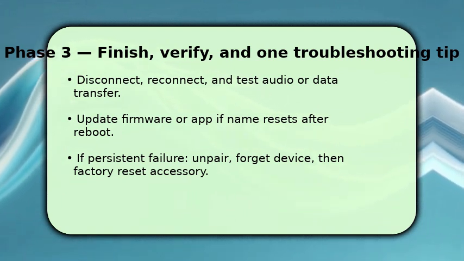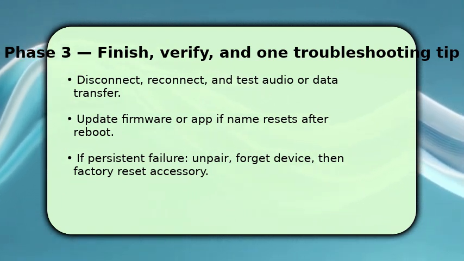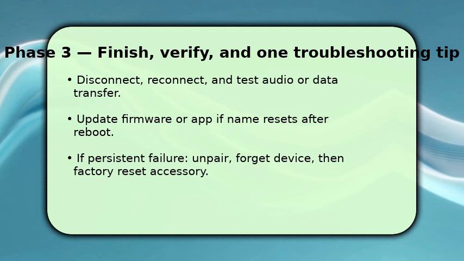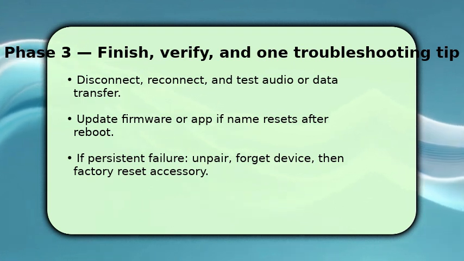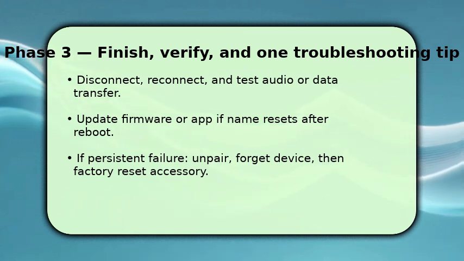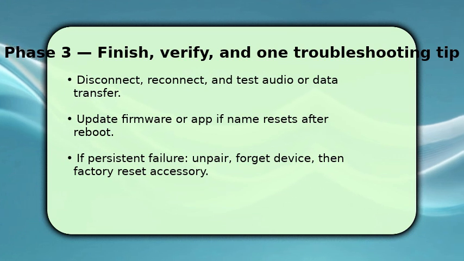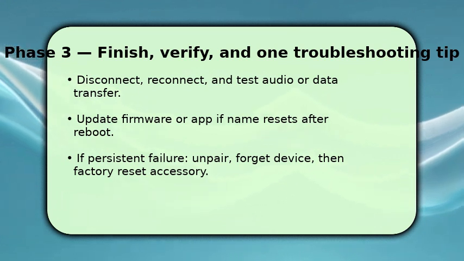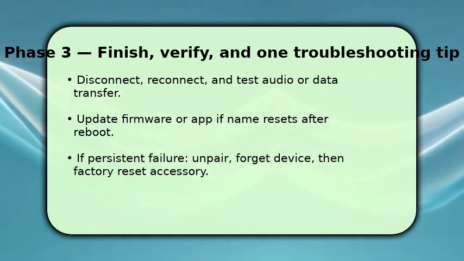If the name doesn't persist, check for firmware or app updates and then remove or forget the device from Bluetooth settings before pairing again. As a key troubleshooting tip, if renaming still fails, perform a factory reset of the accessory. Many headsets and speakers store their own name and need